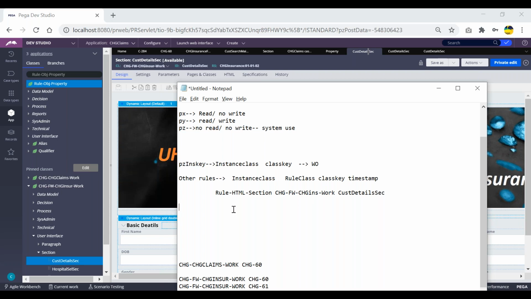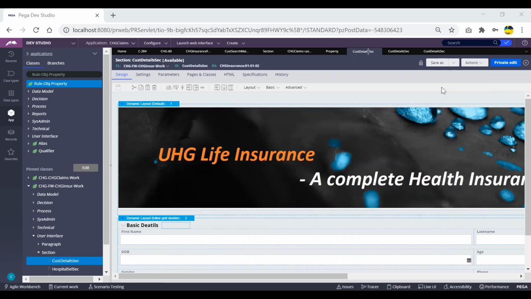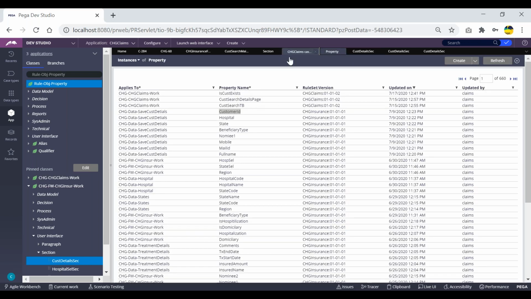So ultimately, the question here is how to get the PZDNS key. So what will be the PZDNS key of this particular section? What will be the PZDNS key of this particular work object ID? For work object ID, we already know. We can go to the clipboard and we can see it in the PZDNS key column. And similarly, in the database also we can see. Let me tell you that later.